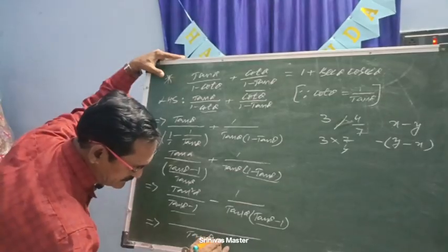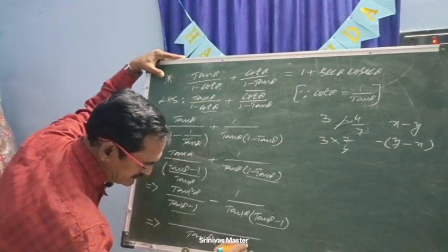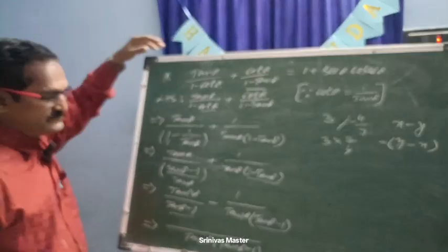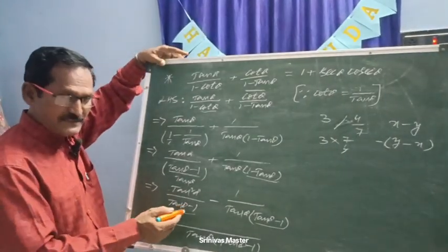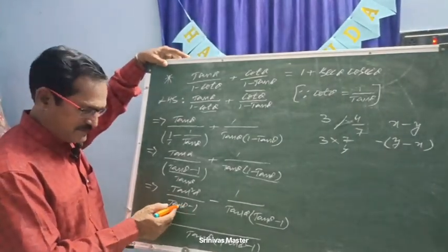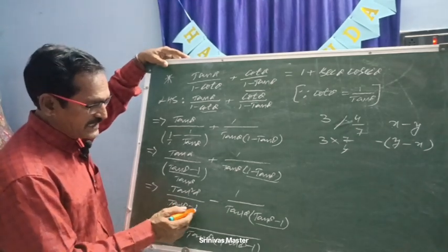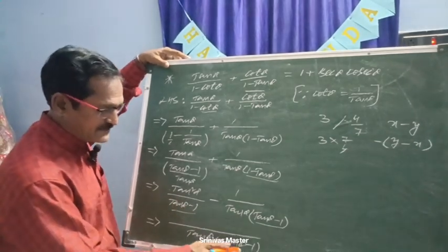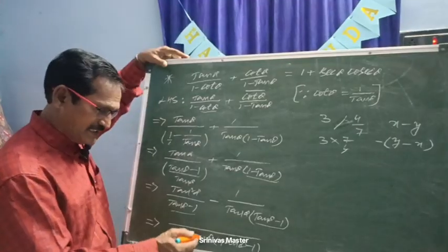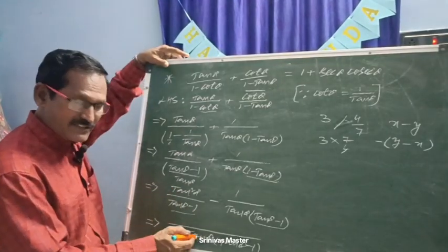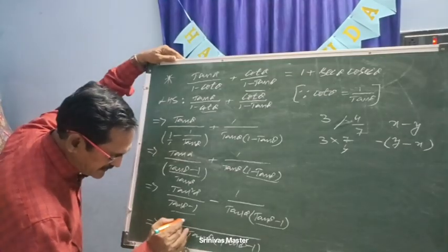Tan theta into tan theta minus 1. Okay. Now you know that. Now take the first fraction. Okay, what is the denominator? You know the LCM after simplification, no? How to simplify? Tan theta minus 1, here tan theta minus 1. What is left here? Tan theta. Here already how much is there? Tan square theta. Tan square theta into tan theta, what will become? Tan cube theta